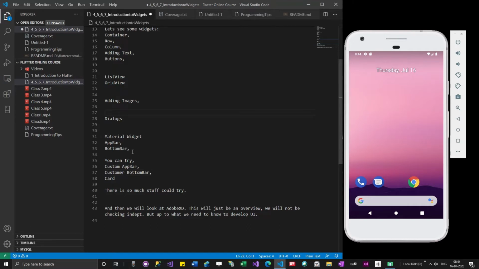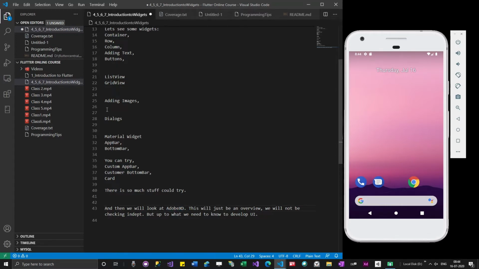Because those who might still have some trouble understanding widgets, I want to cover these topics also, and then we'll look into Adobe XD. I'll not give any introduction about Adobe XD now, but later we'll see.